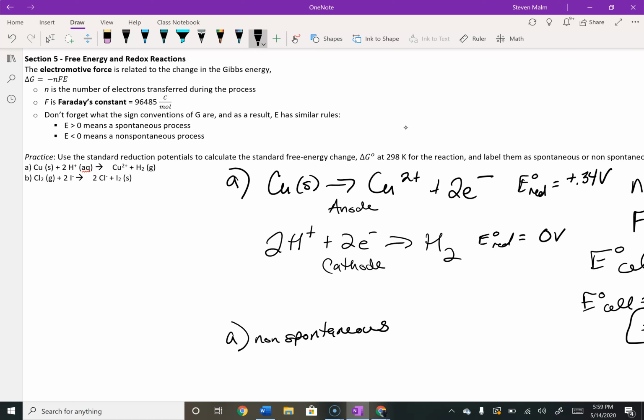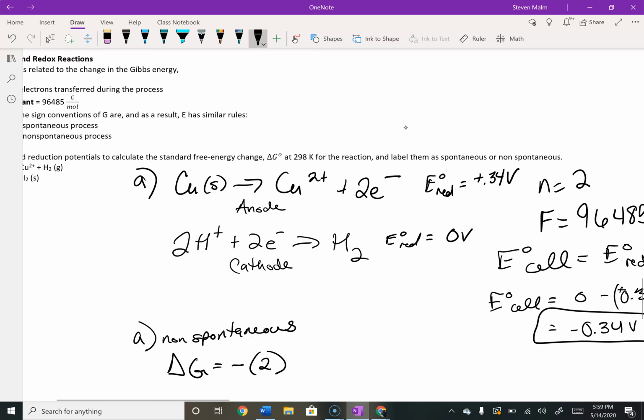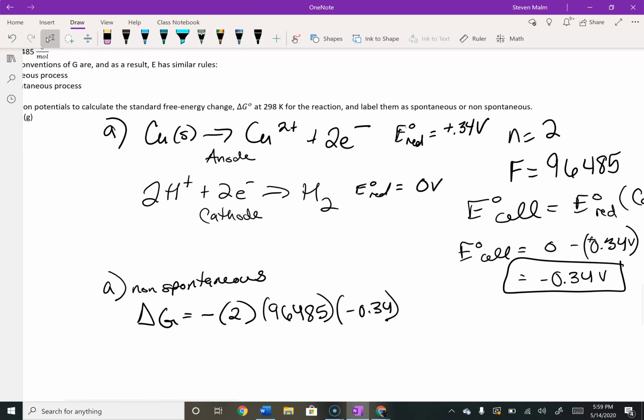And then we can calculate delta G to be n is 2, F is 96485, and E is negative 0.34. And what we're going to notice is that delta G comes out to be a positive number. And remember that when delta G is positive, it is non-spontaneous. So all this does is support our finding that the negative value is a non-spontaneous process. So this value comes out to be